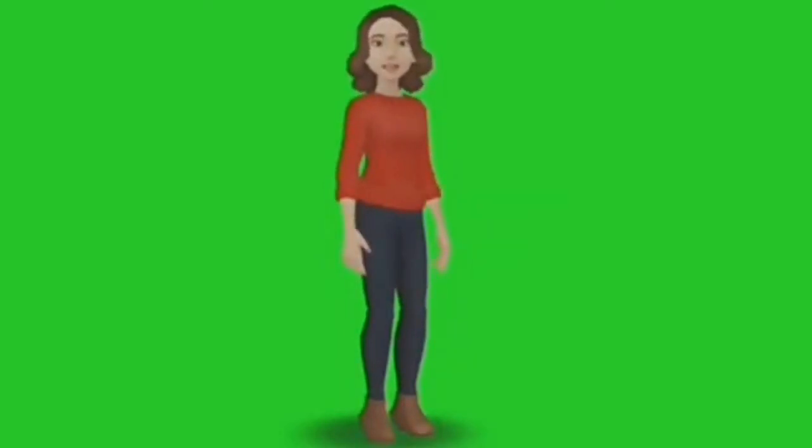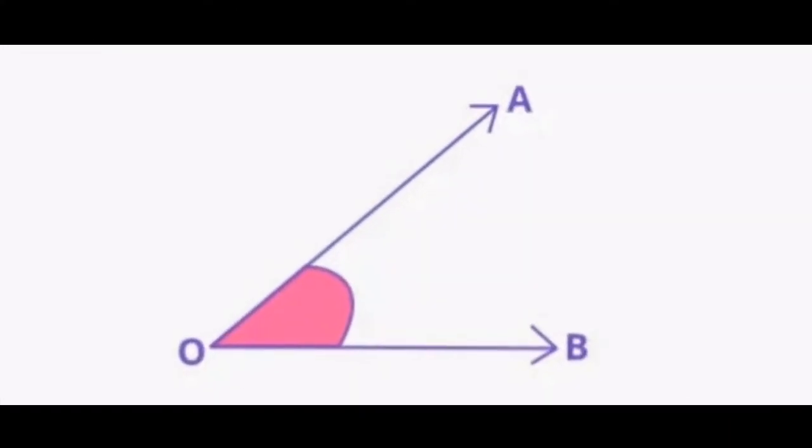Now coming back to geometry. Last time we had learnt about angles. Look at this angle, AOB. It has two arms, OA and OB, and a vertex O. Now let's learn how to write an angle name. This angle can be written with three letters. It is angle AOB or angle BOA. That is, the vertex O is always in the middle. Another way of writing an angle name is by writing only the vertex name. In this case, it's angle O.